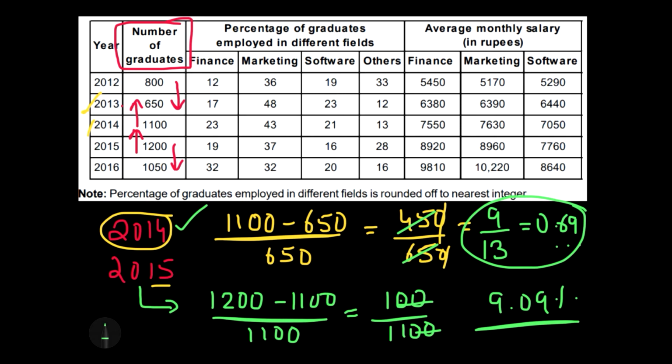Now, the reason I took up this question and did not solve it completely was because I really wanted you people to understand this fact that sometimes in these questions you have to act smart rather than working hard. You just need to see the values which would be helpful to you. If you compare the fractions 9 by 13 and 1 by 11, it's quite clear that 9 by 13 is more than 50% and 1 by 11 is way too less than 10%. So that means it's an easy comparison. We don't need to waste even 1 minute more or 30 seconds more in doing the calculation and finding out the percentage.